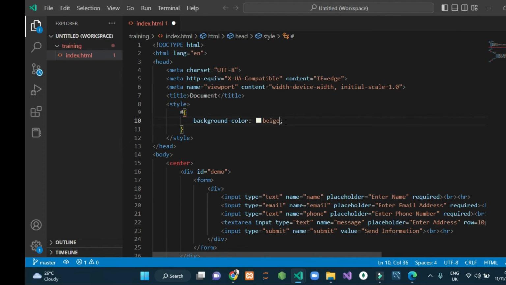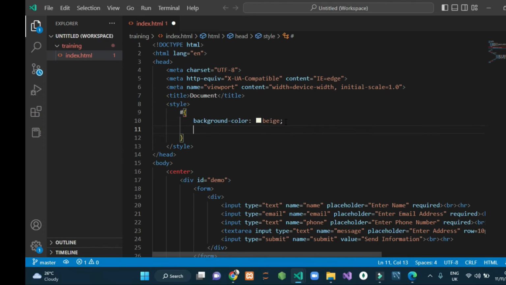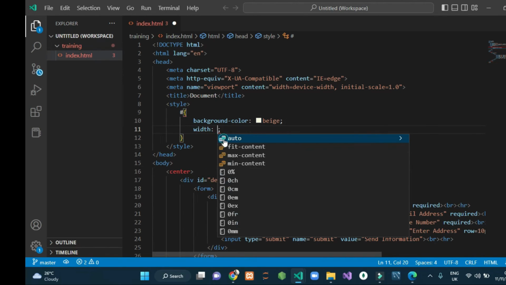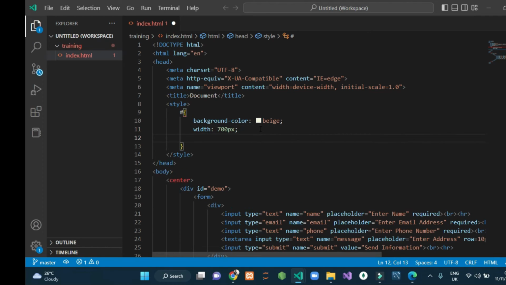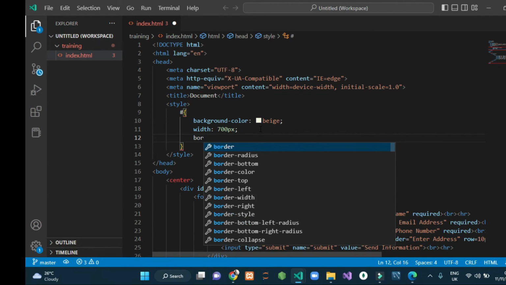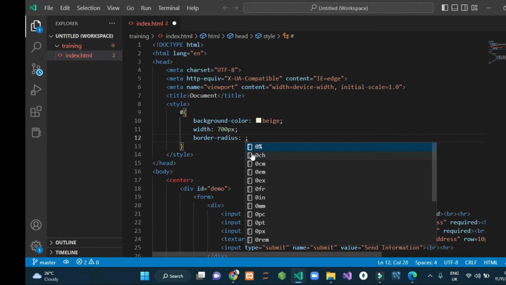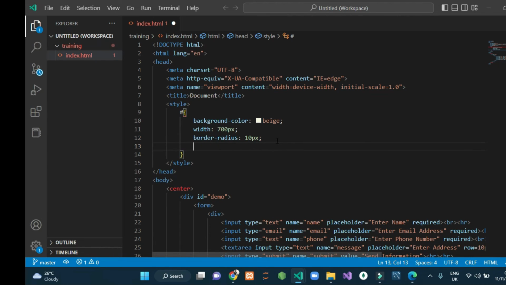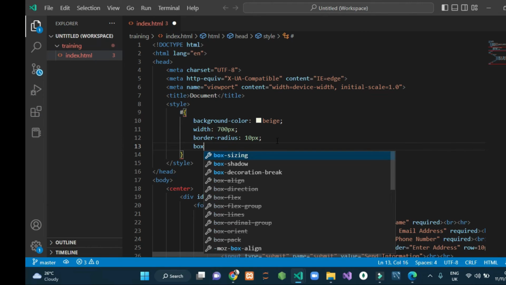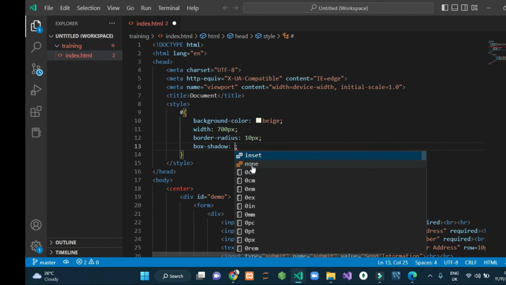Then after this one, I come outside and give it a width of maybe 700 px, like I did the last time. I give it a border radius of 10 px. These are styling methods. I give it a box shadow, the last one I did,